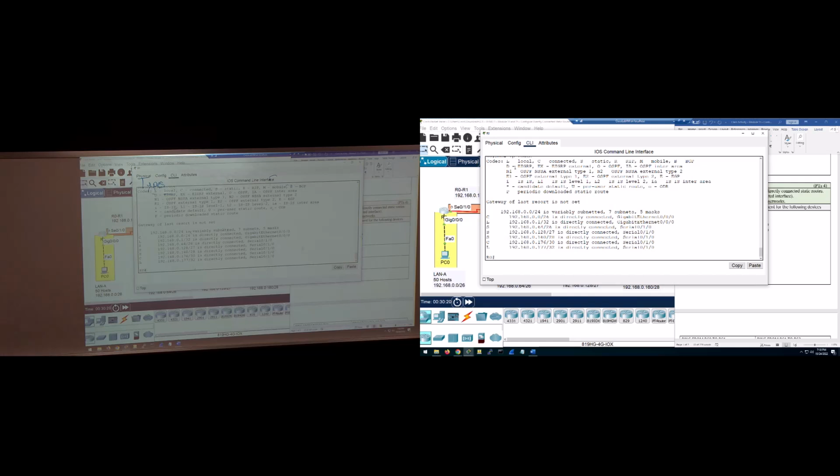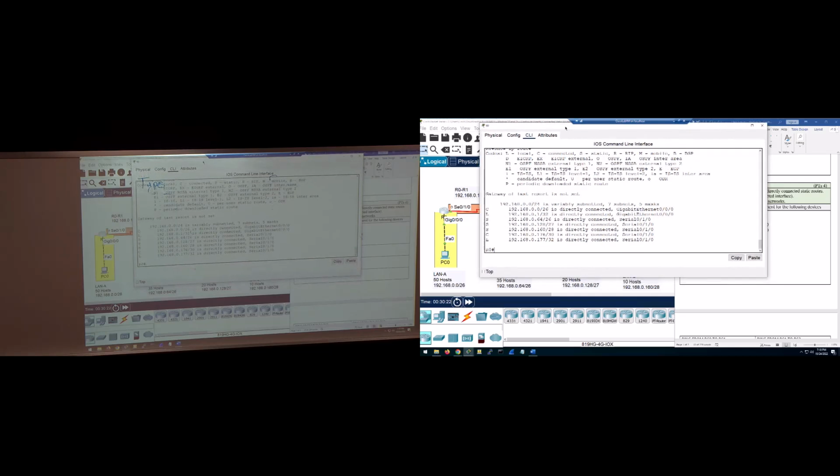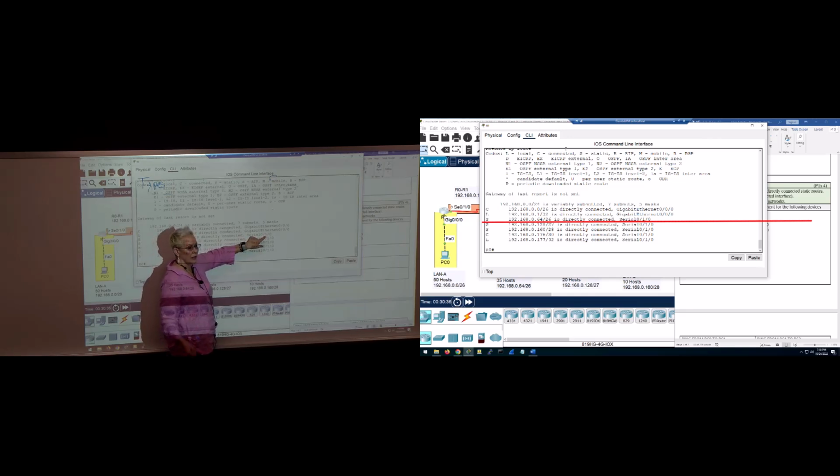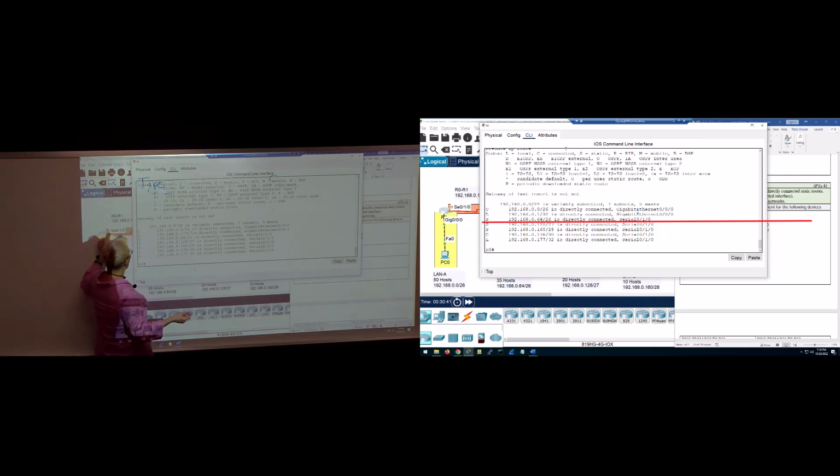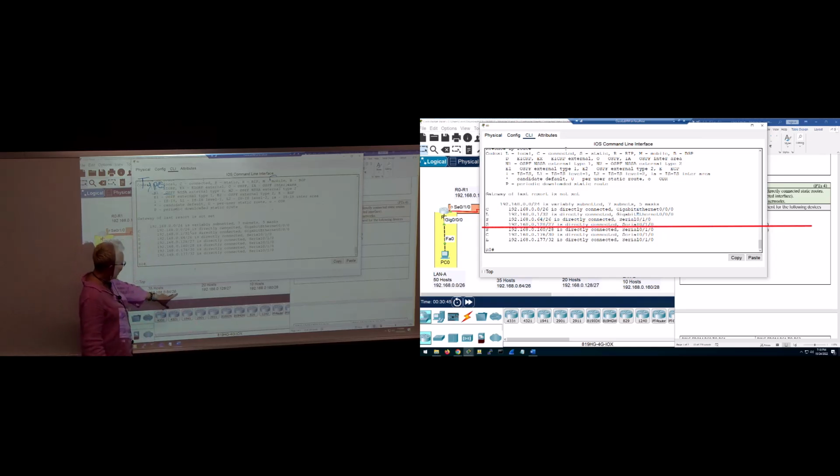So everybody got that in there? Okay, so now I'm going to check my work because that prevents problems. Slow is fast. I'm taking care of my future self. So I need to see 192.168.0.64. Is it the right exit interface? Check your exit interfaces, okay? And this is going to become more important, and I'm going to show you why. So I've got that one. Check